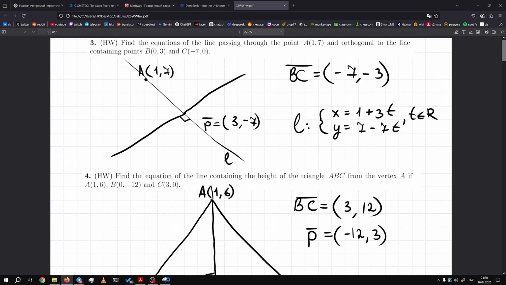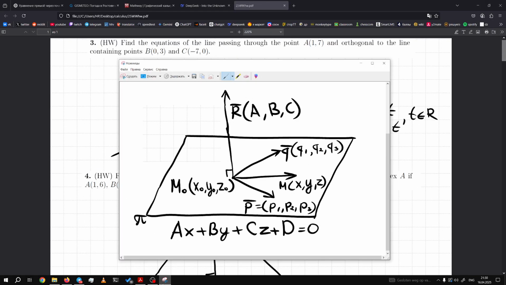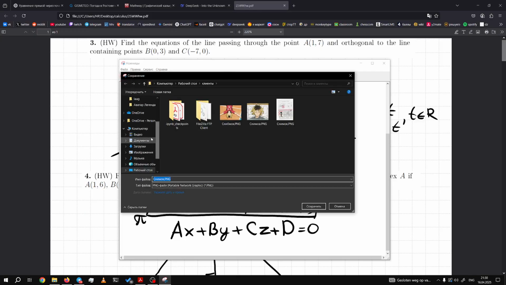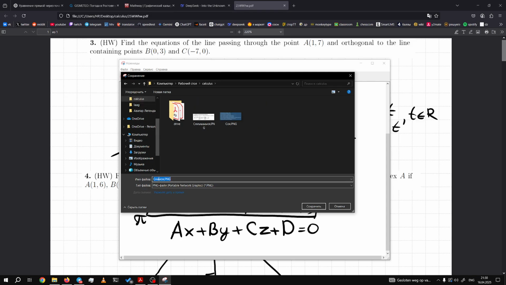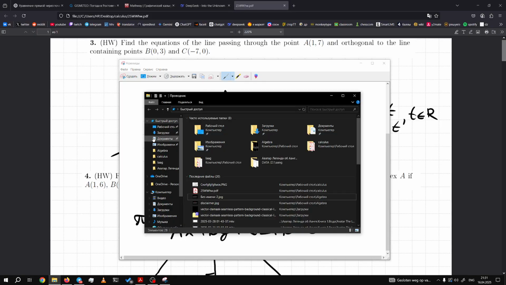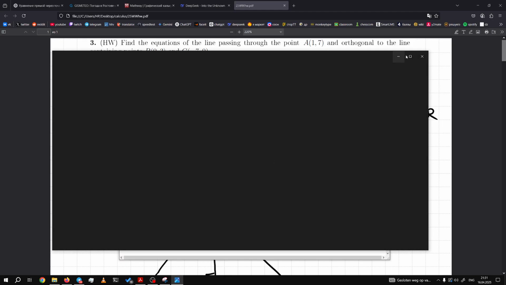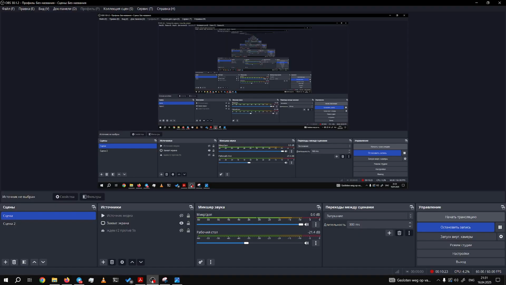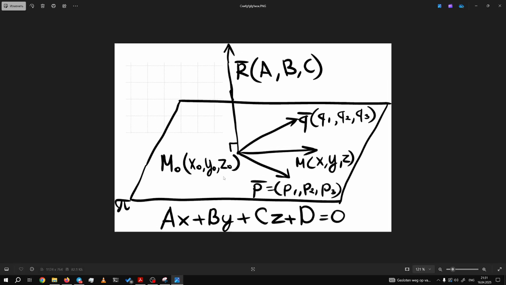Wait, what? Let me actually save it. And let me open it because I will need my desk one more time. Okay,